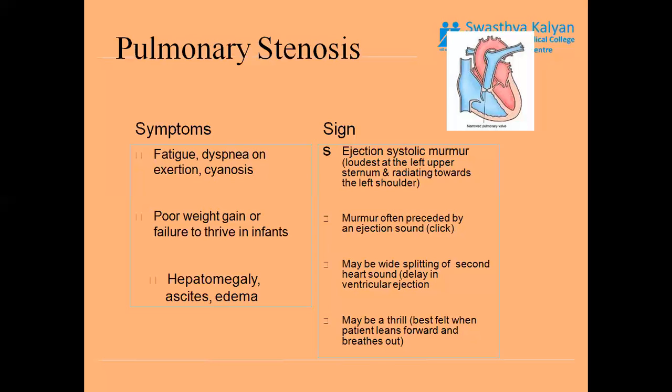This will have a two-part impact. If the blood going to the lungs gets reduced, obviously the cardiac output will eventually reduce, and symptoms like fatigue and dyspnea on exertion occur. And if there is some remaining blood in the right ventricle, it will cause right ventricular hypertrophy, which in turn will cause right atrial hypertrophy, and that will eventually cause an increase in the venous pressure or venous congestion. So we have symptoms like ascites, edema, and hepatomegaly.